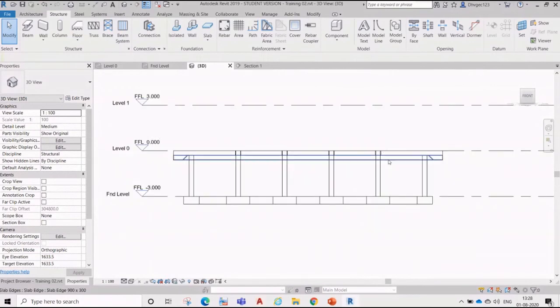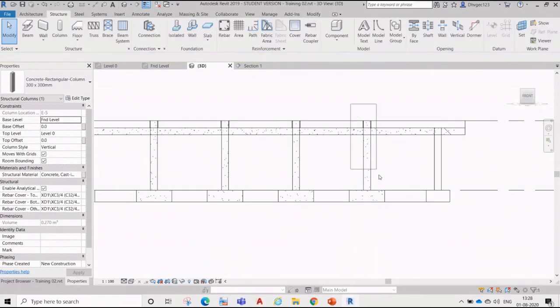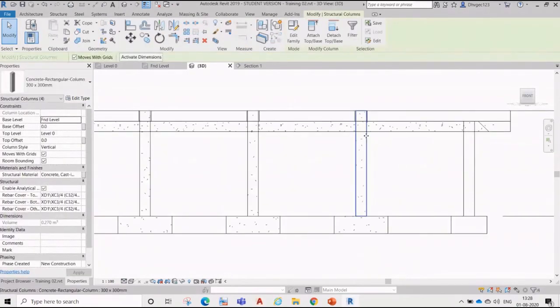For a steel structure, the foundation is isolated. It doesn't connect with the slabs, especially the ground slab, because a ground slab is supposed to rest on the ground soil.